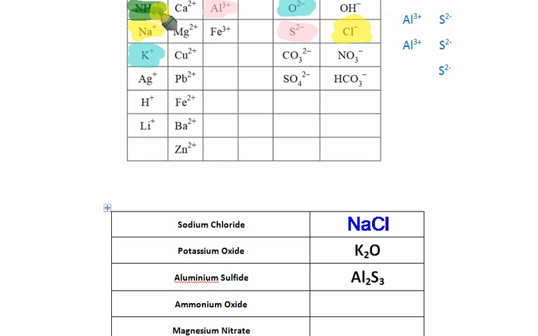You just need to be able to recognize that this one in the corner, NH4+, is ammonium. So we've got ammonium as one of our big ugly ions, along with carbonate, sulfate, nitrate, hydrogen carbonate, and hydroxide, the nasty ones that you need to know. So we've got here ammonium, so let's put that one in already. So ammonium, NH4